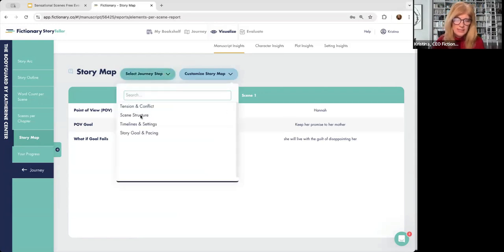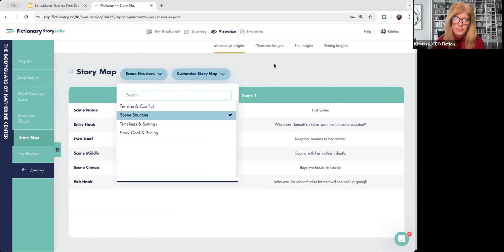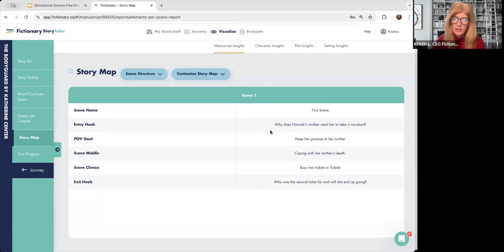Under the select journey step, we can look at the scene structure. So you have your entry hook. Why does Hannah's mother want her to take a vacation? Her goal is to keep that promise. The scene middle is coping with the death. The reaction and the climax is buy 2 tickets to Toledo. And the exit hook is who is it for and will she go? And so we can see here how this is a perfect scene structure for a romance novel in the first